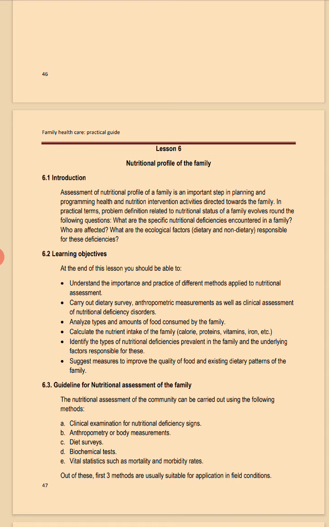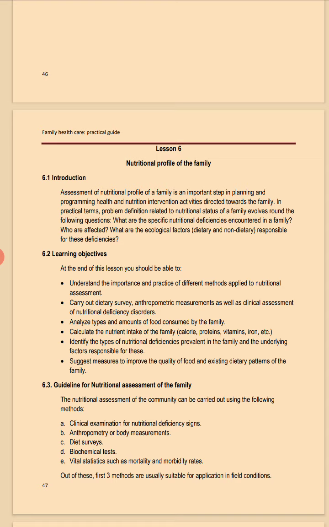So now comes D. D is the diet survey. So the diet you are taking, in which nutrients it is in excess, in which nutrients it is deficient. So this is a diet survey. E, you do not need to think about it much. It may be the vital statistics like mortality and morbidity rates, because they often correlate with nutrition in a country like India. And F is the functional assessment. The functional assessment tells you about whether the nutrients are doing their functions within the body or not.